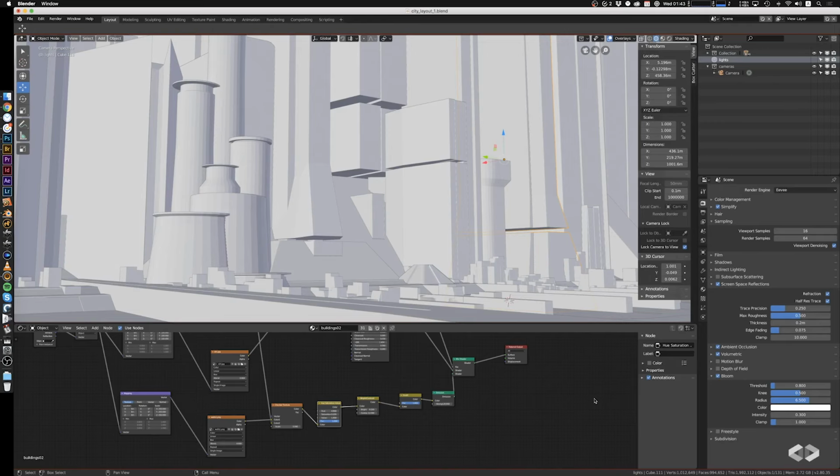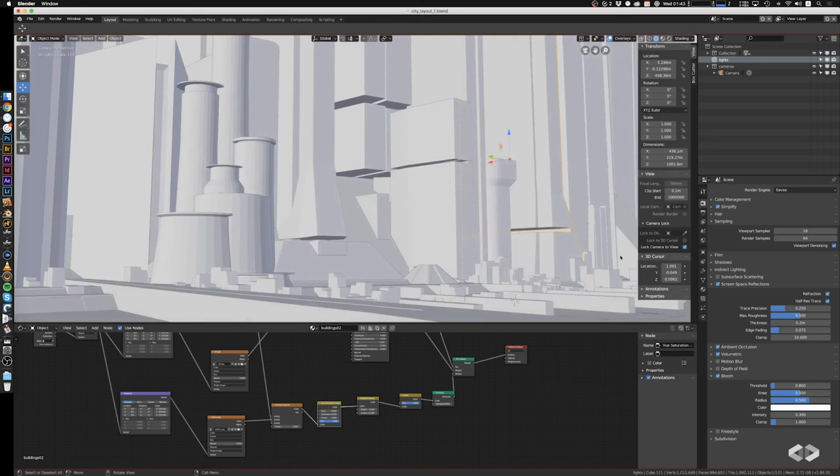So here we are in Blender again. I just wanted to quickly show you how to save out your renders and a couple of passes as well. It's not as easy as it is in something like Octane, but nevertheless we can get some useful information out of it. So first of all, make sure you confirm the camera angle that you want to have,